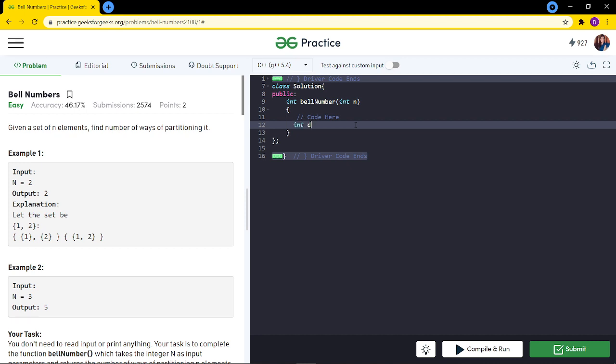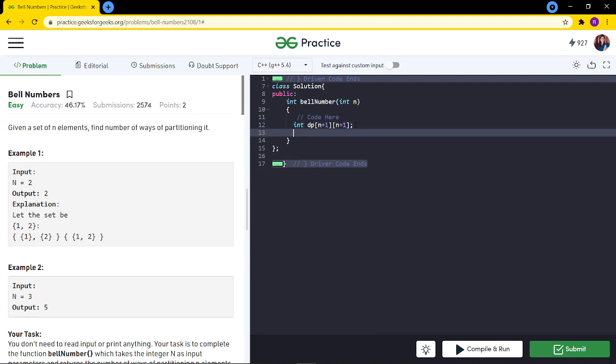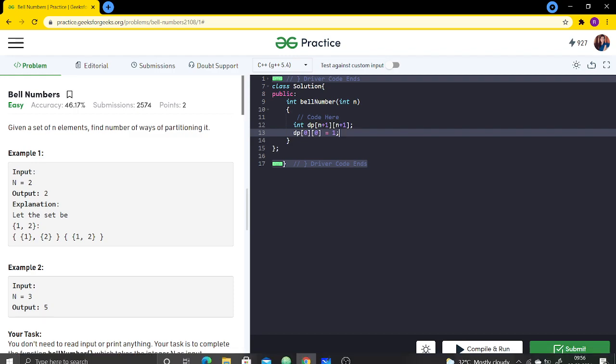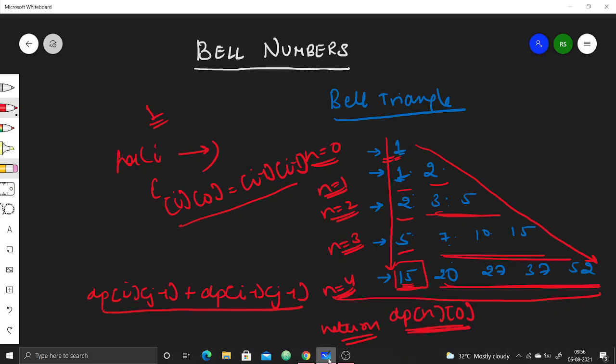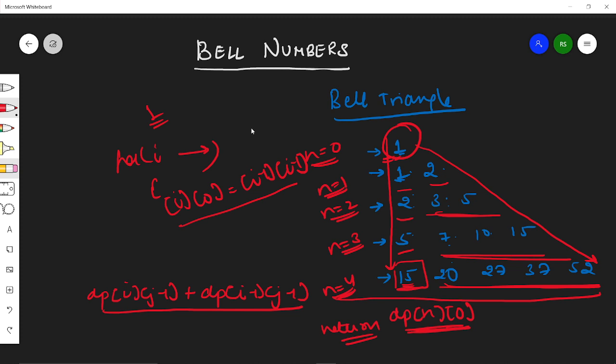We are making a 2D DP, and the size would be n plus 1, n plus 1. Not actually DP, you can use any 2D array also. Basically, there's no special need of DP. And the first column is 1. It's always starting with 1.